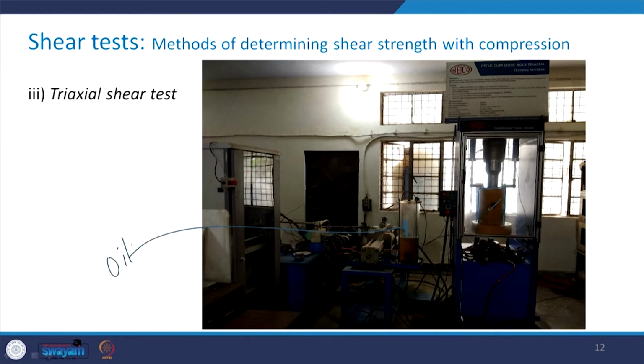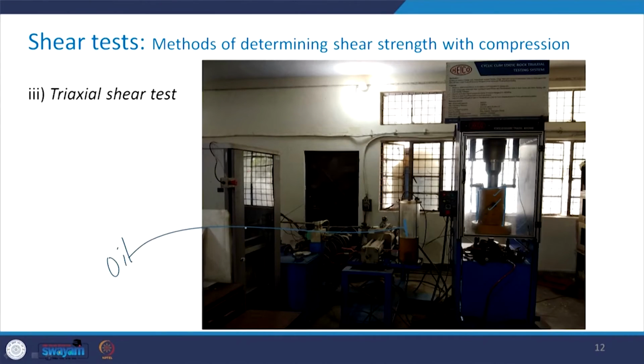So, with the help of the arrangement, this oil is passed to this cell where the rock specimen has been mounted, and this oil is used to maintain the confining pressure which is required to conduct the test. And then this whole assembly, although it is not visible here, is connected with a computer system here, because this is a servo controlled machine where you just apply the confining pressure and then you start